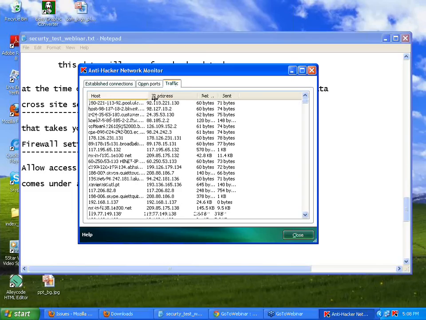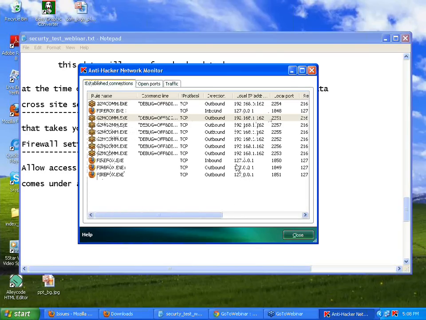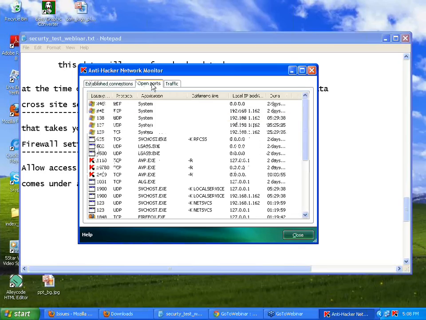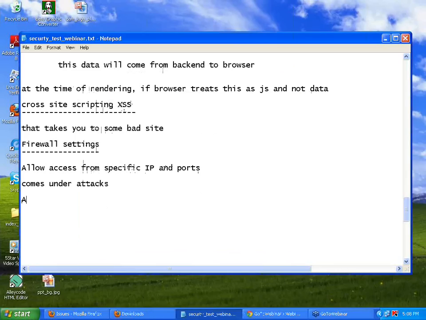More than anything else, you need to monitor. Look at this. From this machine, these host machines are accessed with this IP address. Then I can always say, should I allow this IP address to be accessed or not? You can set this. If you see this anti-hacker network monitor, it is available in every antivirus system. Again, you need to buy antivirus and intrusion detection. There are two different licenses, most of them. So you need to buy both to ensure whether to allow or deny access.